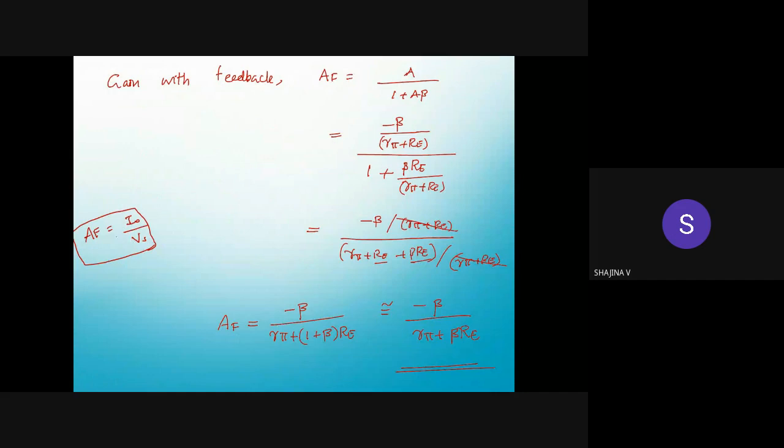If you are asked to find voltage gain with the feedback, okay, here this is I naught divided by Vs, that is transconductance. This is not voltage gain. If you want to find